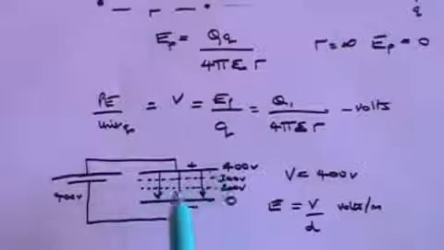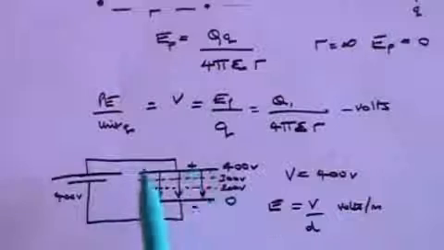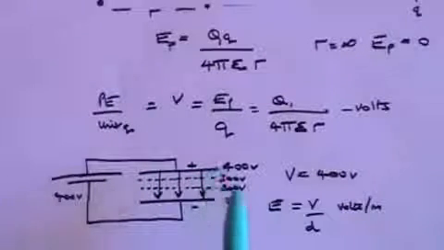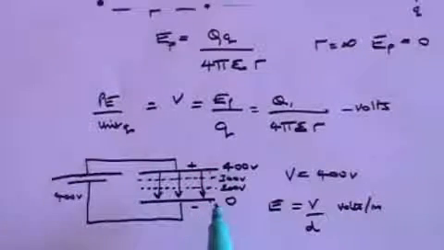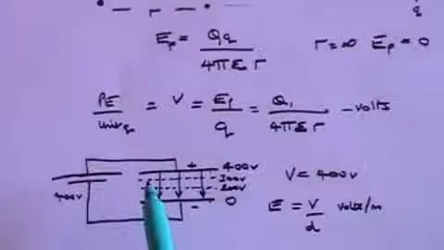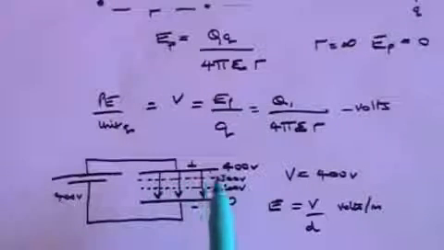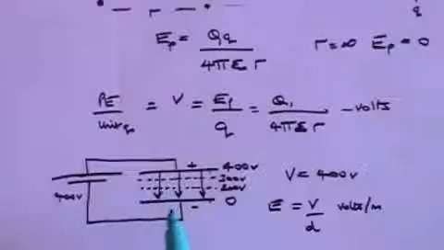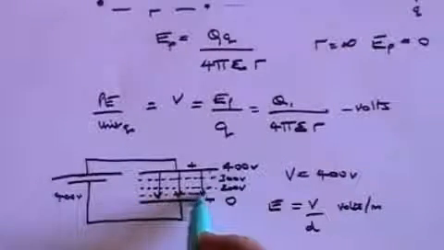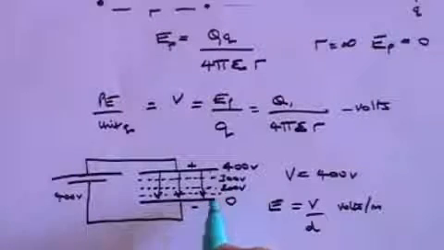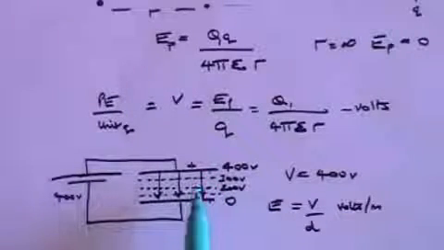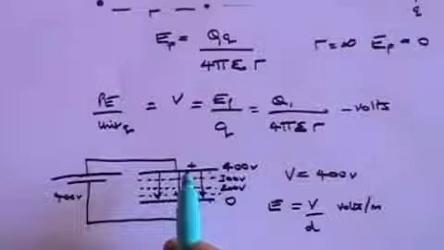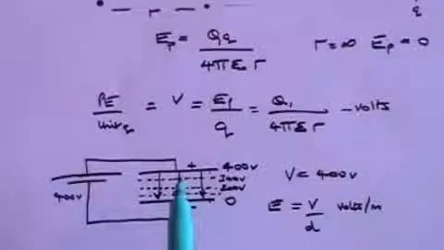But the voltage is going to change because on the plate here it's 400 volts, on the plate here it's 0, and so between the plates the voltage drops. Here it's 300 volts, here it's 200 volts, here, if I drew another line, it would be 100 volts and then 0. So the voltage is falling as you go further between this plate and this plate,